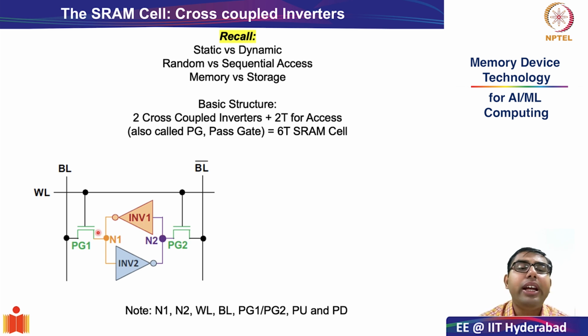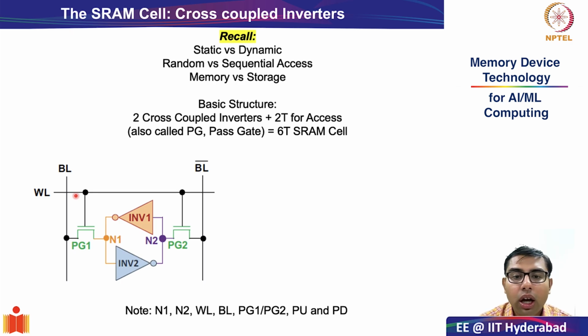The last thing that we need to understand is how do you enable the gates of these transistors? As we had seen, even in the memory array architecture, the gates of access transistors are connected to the word line. By enabling the word line, what you are essentially saying is the outside world has access to the internal storage nodes N1 and N2 through bit line and bit line bar respectively. And we will see later how read and write operations are facilitated through this pass gate transistor.